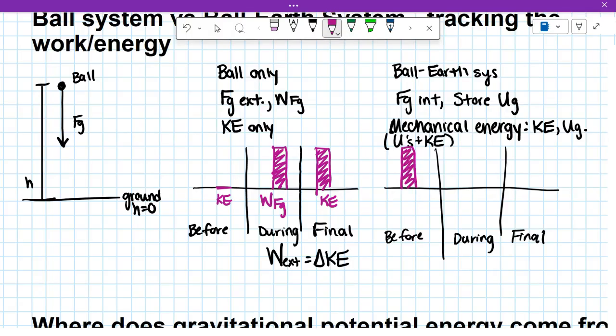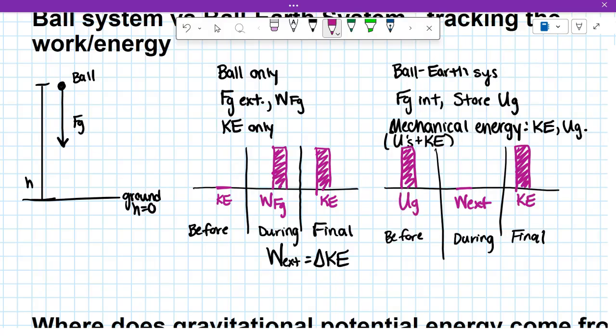Now, force of gravity is now internal, and that's the only force acting. So my external work is 0. But I still end up with kinetic energy. So in this system, instead of the kinetic energy coming from work done, my kinetic energy comes from energy I